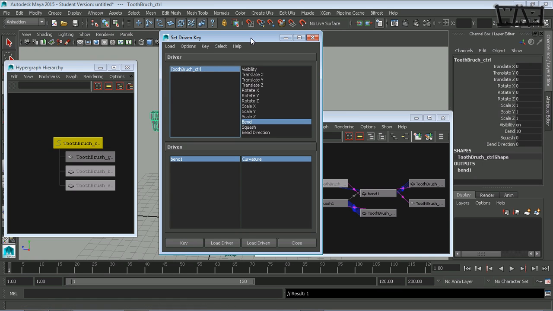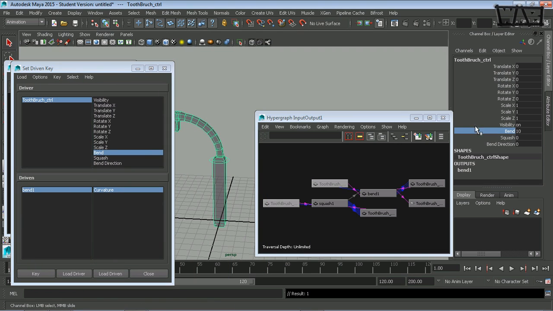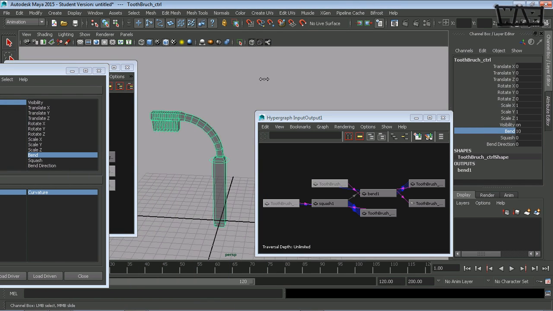Now if I go back to my toothbrush control and click on bend, I can middle mouse click and drag, and I can use this